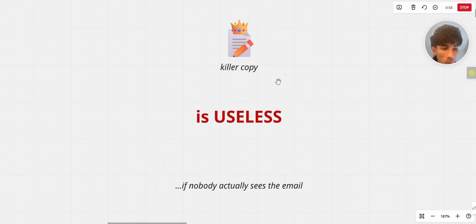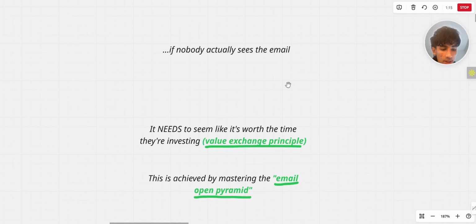And firstly, why email open rates are so important. Now, so many people spend thousands and thousands of dollars and hours of their time creating copy within the emails, and that's all good, but it's simply useless if nobody actually clicks on and sees the email in the first